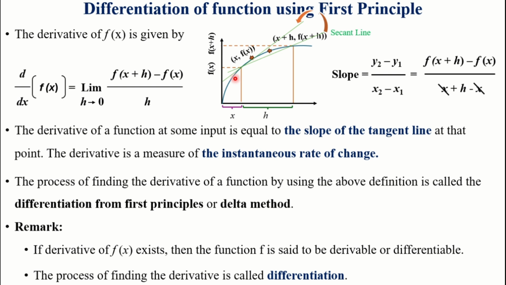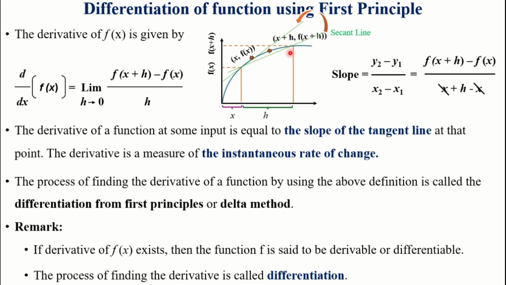So we plot one line passing through 2 points on this curve, that is called a secant line. The coordinate of this point: the point is at x distance from the y-axis, so the x coordinate is x. And when we put the value of x in the function, we will get y, that is f of x. So x, f of x is one coordinate. Another coordinate is